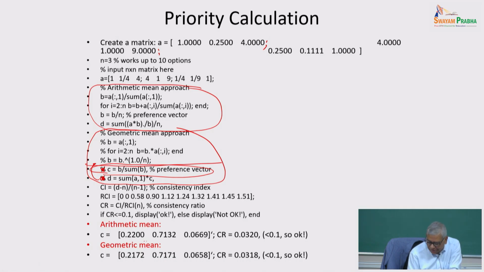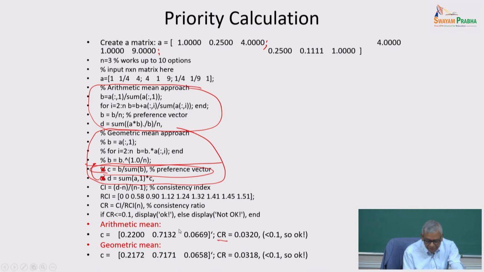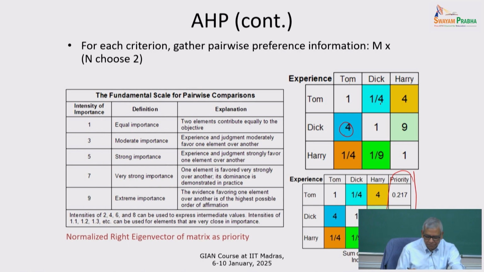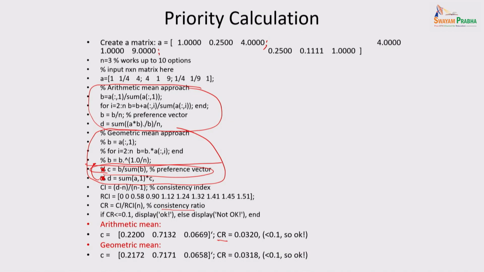So once you get C, this is a vector you get, and that vector actually goes over there. Okay. There is a CR value they compute, that's called the consistency ratio. All these numbers that they have given, is this consistent or not, or have you contradicted? For example, you said Dick is better than Tom, and here you said Dick is, let's say, also better than Harry, but somewhere you said Harry is not better than Tom. If you have 3 by 3, maybe it's not possible, but when you have a higher number, you may have contradictions, right? So that ratio will come here, the CR value that you compute.